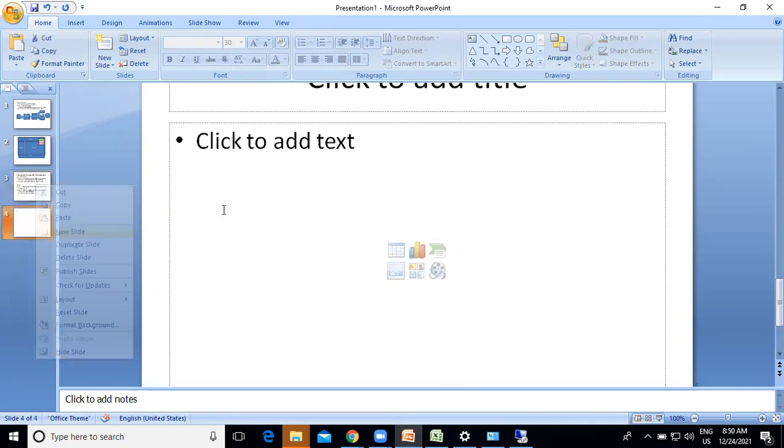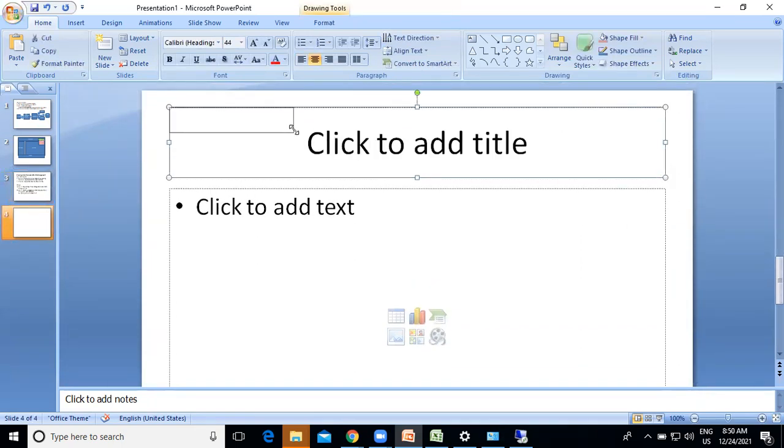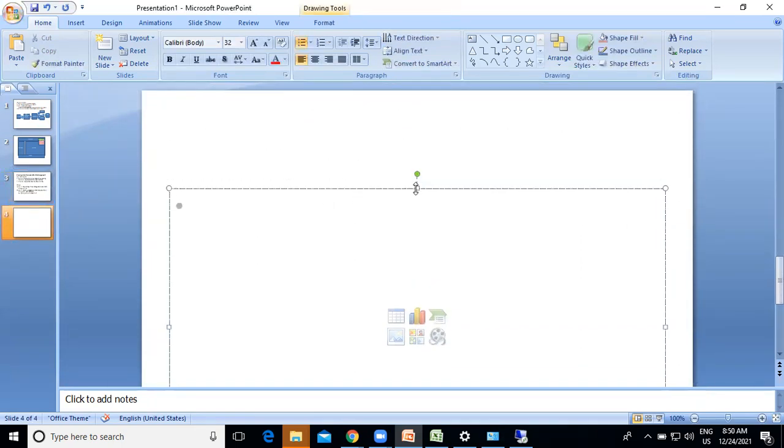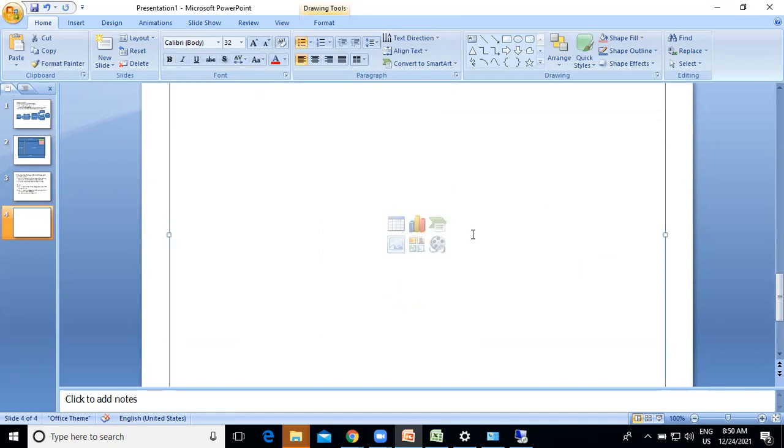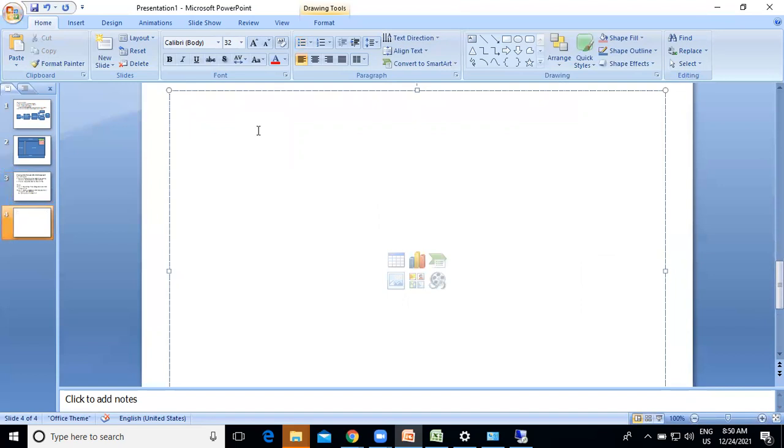Next, step 3. Go to the parent component.